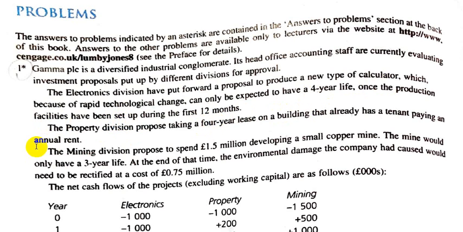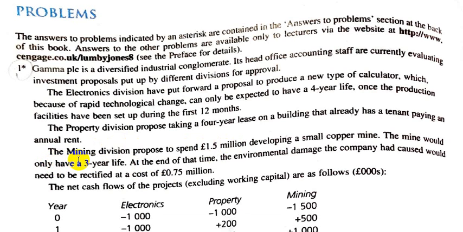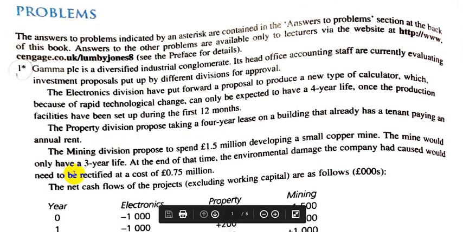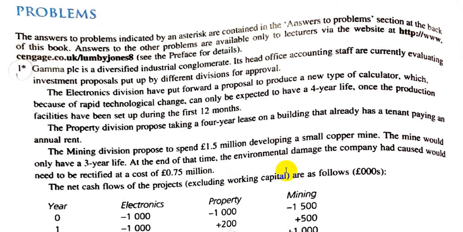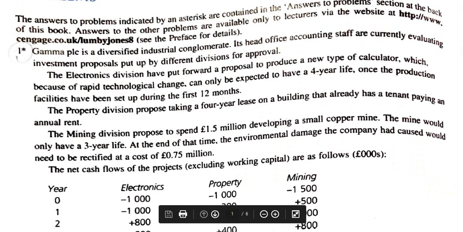months. The property division, the second division, proposed taking a 4-year lease on a building that already has a tenant paying an annual rent. The third one, the mining division, proposed to spend 1.5 million developing a small copper mine. The mine would only have a 3-year life. At the end of that time, the environmental damage the company had caused would need to be rectified at a cost of 0.75 million. The net cash flows of each project, like you can see here,